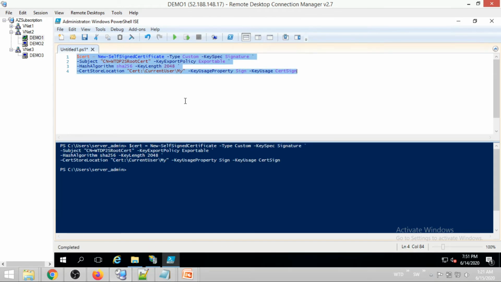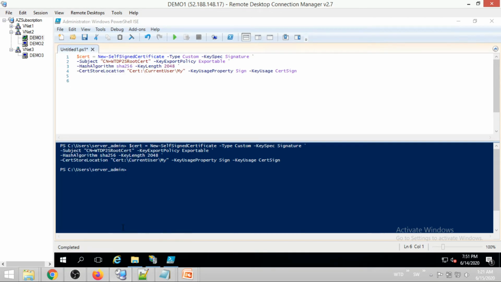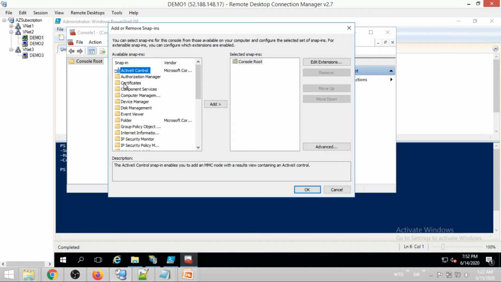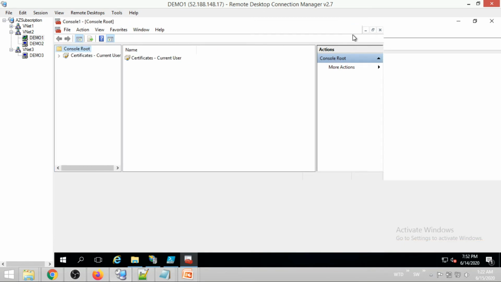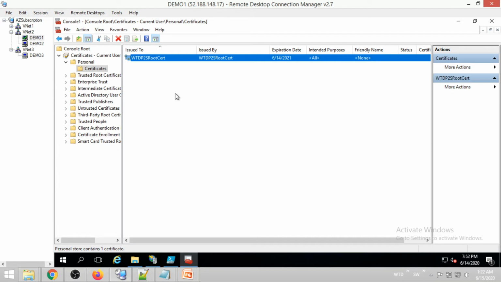So this is the script to generate the root certificate. Let us download the root certificate. We have created this root certificate.